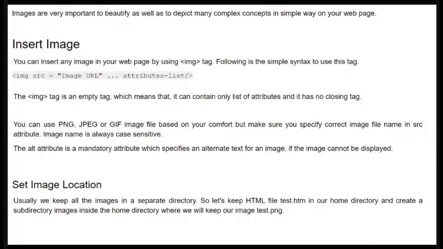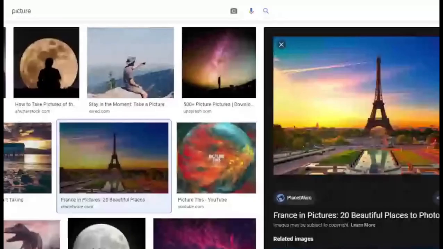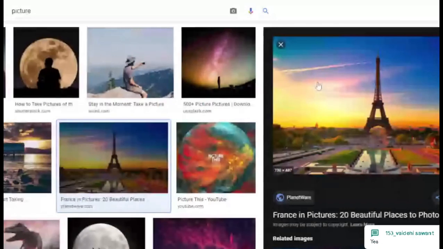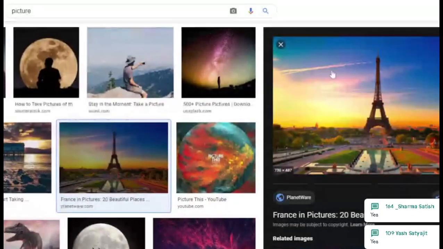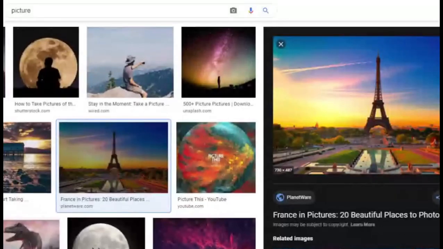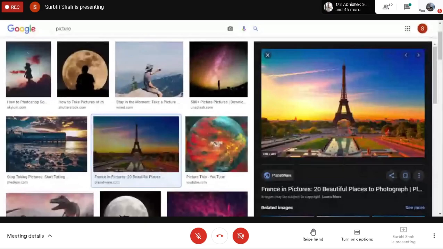Wait, students. Is my screen visible to you? I've taken one picture, the Eiffel Tower in France. Clicking on the image, save image as, you can change the name over here. Let's type the name as Eiffel Tower.